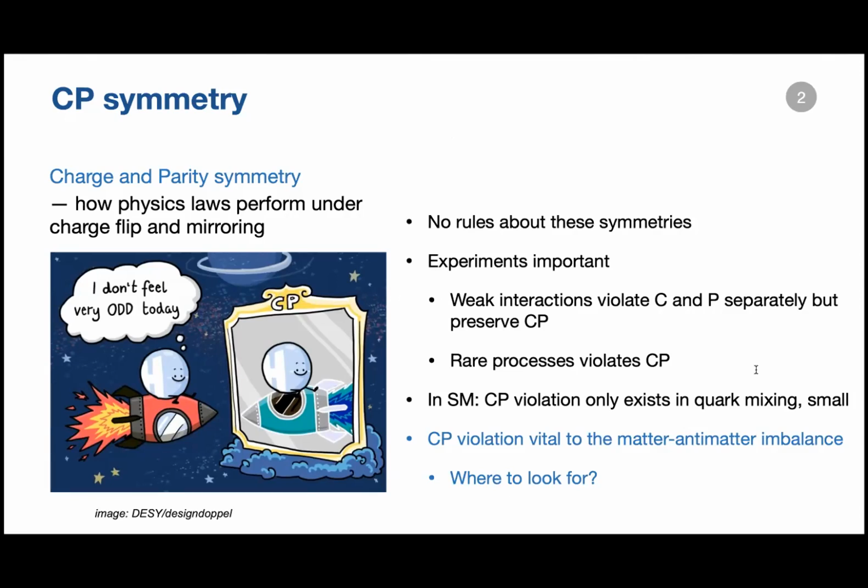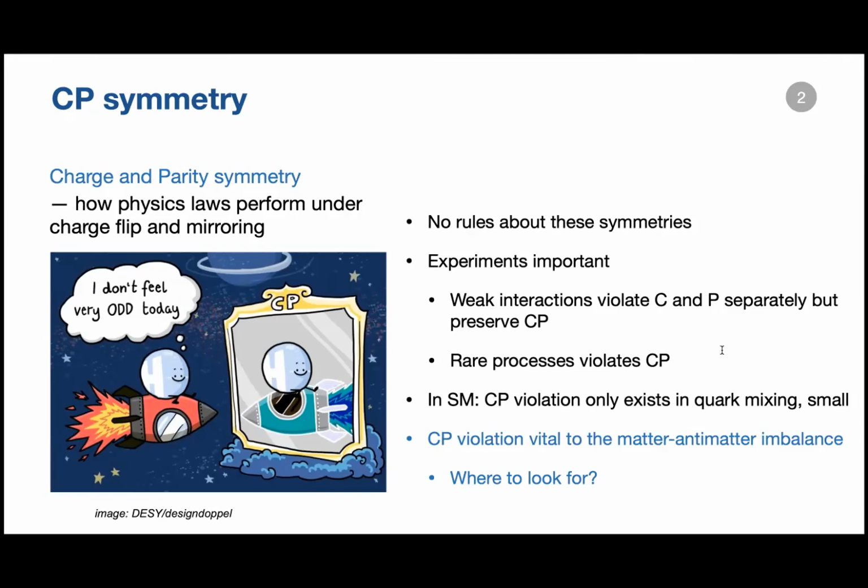So what about the Standard Model? What does it say about CP? In the Standard Model, there is also room for CP violation, and it exists in the quark mixing matrix. But the size of it is really, really small. So does it mean that in nature we should not expect any CP violation? The answer is no. Actually, the CP violation is really vital to the